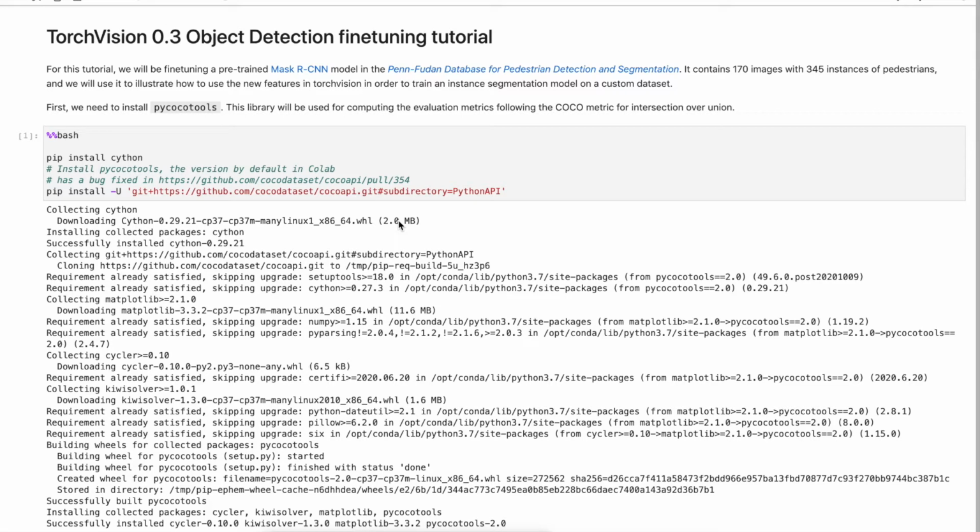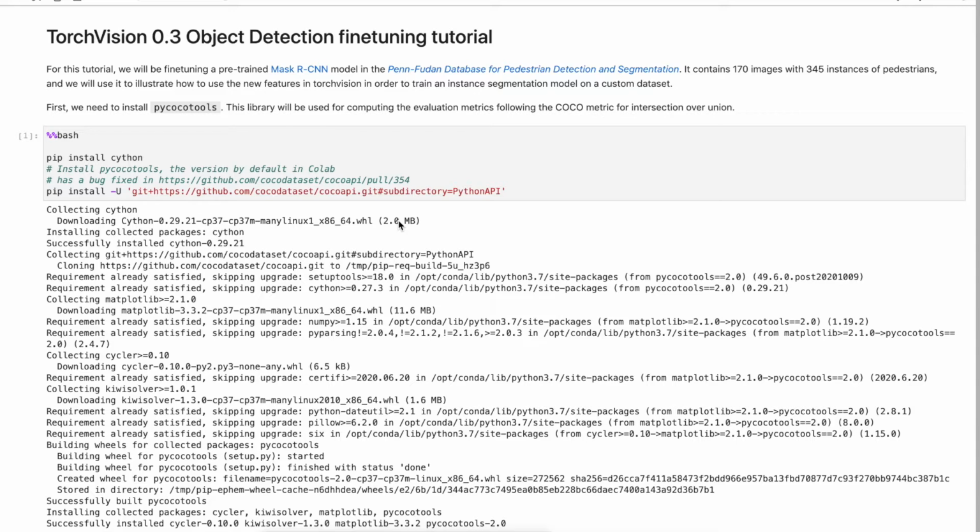Hello friends, this is Suresh and today I will go through an object detection fine tuning method, and we will use the object detection method Faster R-CNN. In the last meetup tutorial I explained Faster R-CNN and how it works at the architecture level, and in this tutorial I will explain how we can fine tune an object detection model using Faster R-CNN.